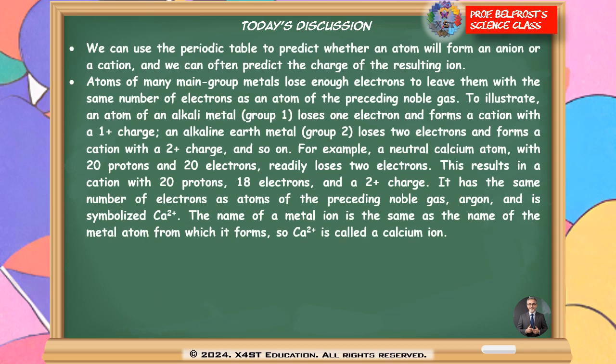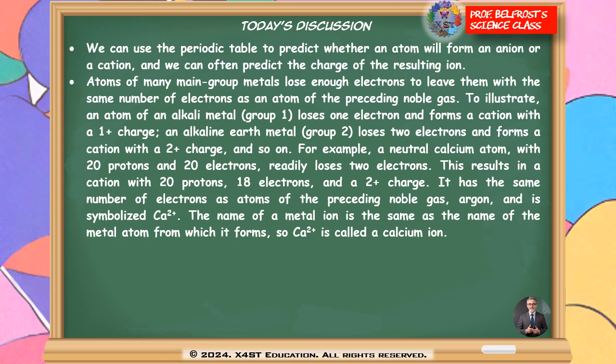We can use the periodic table to predict whether an atom will form an anion or a cation, and we can often predict the charge of the resulting ion. Atoms of many main group metals lose enough electrons to leave them with the same number of electrons as an atom of the preceding noble gas. To illustrate, an atom of an alkali metal, group 1, loses one electron and forms a cation with a positive 1 charge. An alkaline earth metal, group 2, loses 2 electrons and forms a cation with a positive 2 charge,